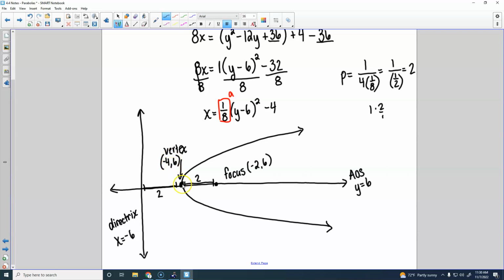So our vertex, the x coordinate was -4, but we had to go 2 units to the left here, because that focal length will be the distance from the vertex to that line. And so that x coordinate was -4. We subtracted 2 from it, and that gave us -6, because it's to the left. If it had been on the right, if it had opened the other way, then we would have added